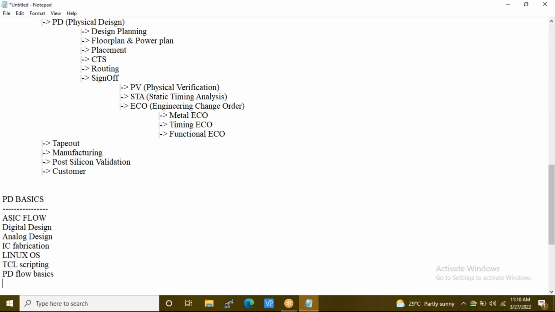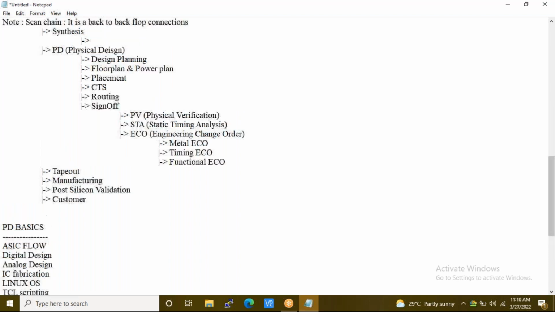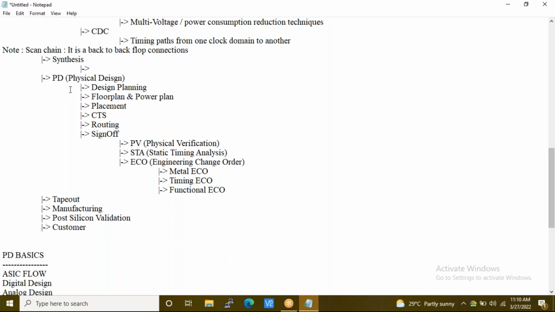So this is about the initial 2 months of training, where we cover various topics that the trainer has written down. Once it is done, we start off with the 4 months of main training. The 4 months of main training is structured to make sure that you become an expert with the complete PD flow. What do we mean by PD flow? As the trainer has listed in his notepad, it starts from the input files, then the creation of the project database. It will involve understanding the concept of die area and various aspects.